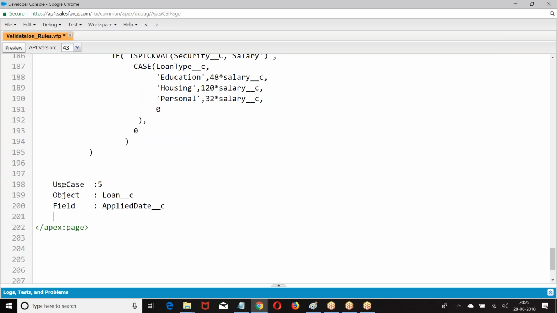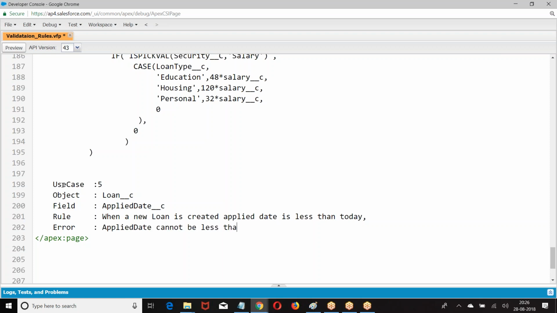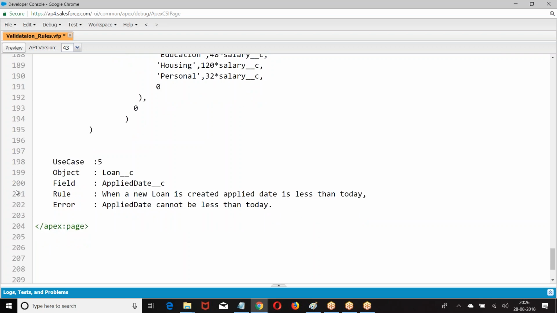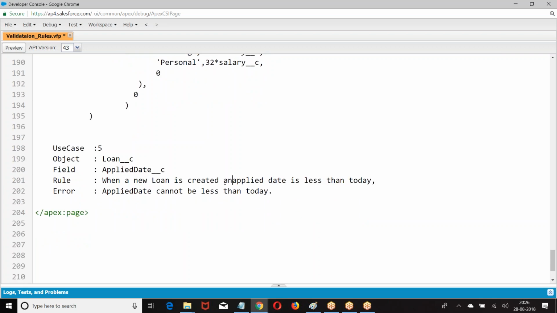Rule: when a new loan is created and applied date is less than today, then throw error message.